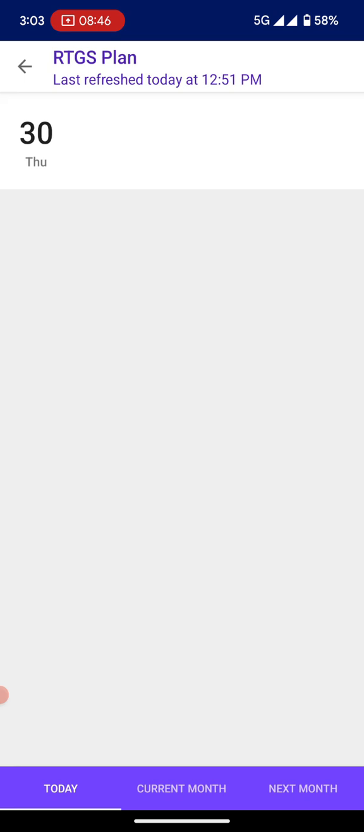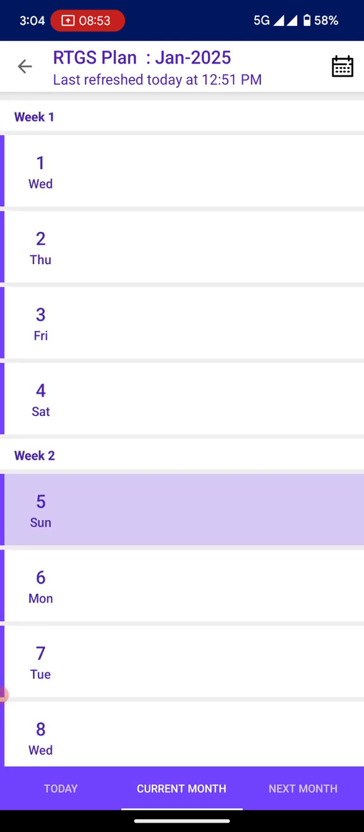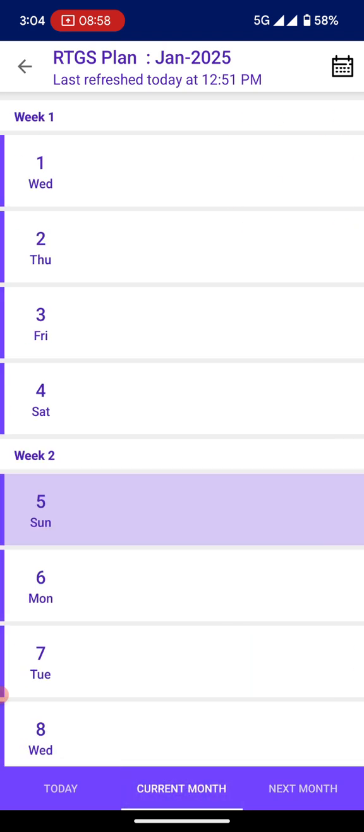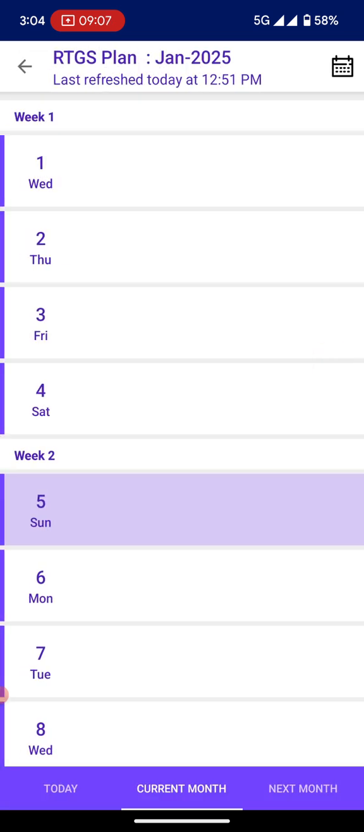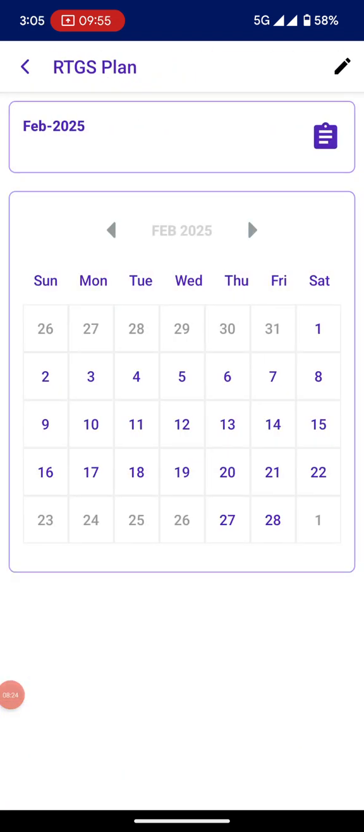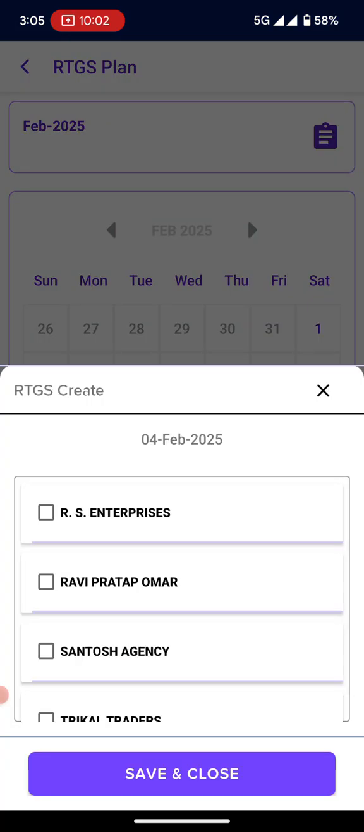RTGS plan, click on RTGS plan. Here you can see there is a current month plan is showing, and user can also view the next month plan by clicking the calendar option. By clicking on calendar option and click on pencil option, user can create the RTGS plan by clicking on date